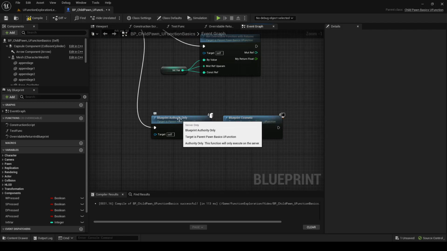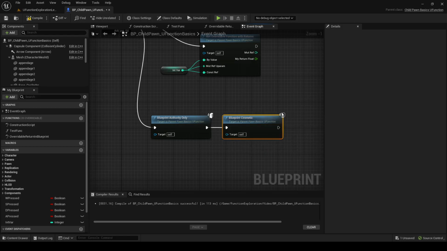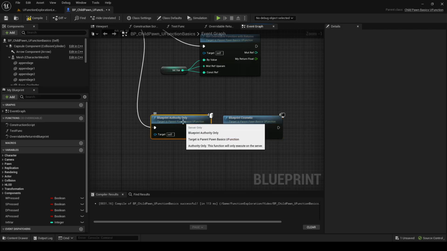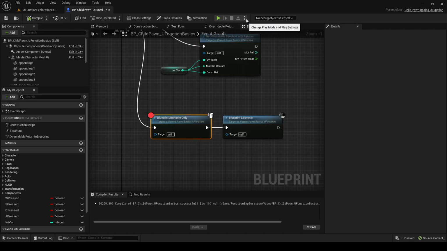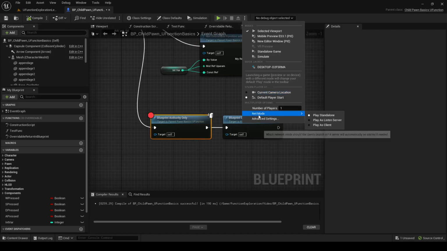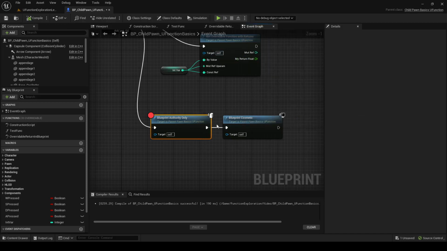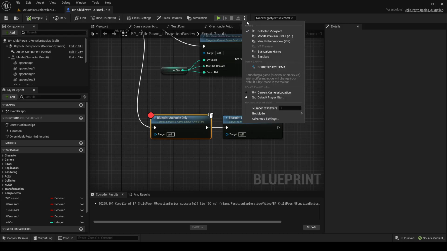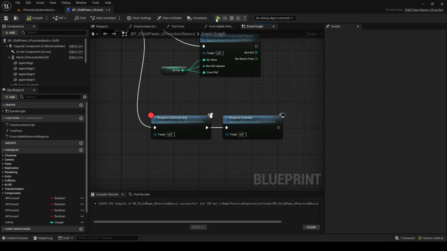And so notice that the server authority only has this little server box with a lightning bolt, and the cosmetic has this little computer monitor with a lightning bolt. So this kind of means client, and this means server. So if I draw a breakpoint there, compile that. And now the thing to make sure you test this is to make sure your net mode is on play the client. So now we are spinning up a dedicated server and a client. And that's all we really need for this one. We can just do one. So if we play,